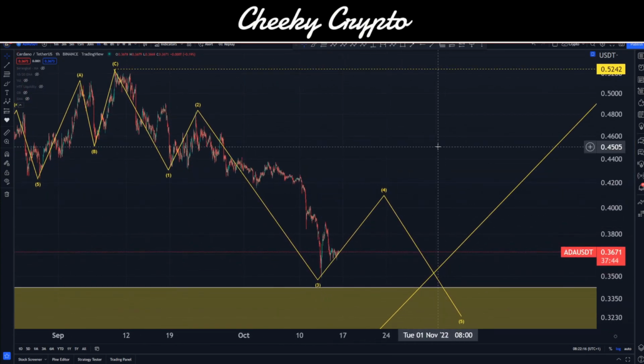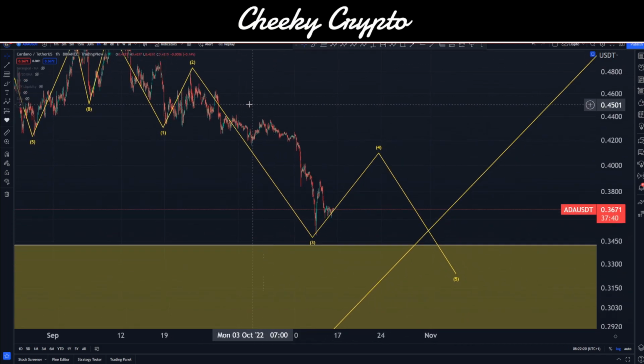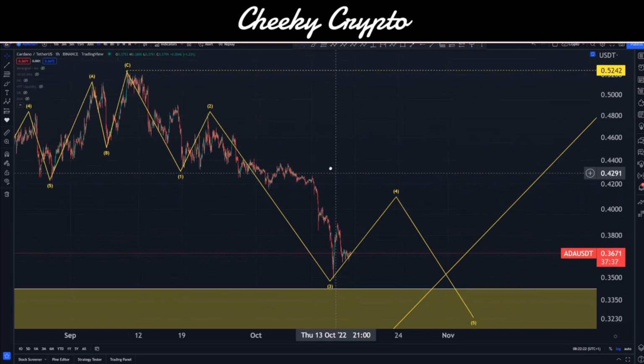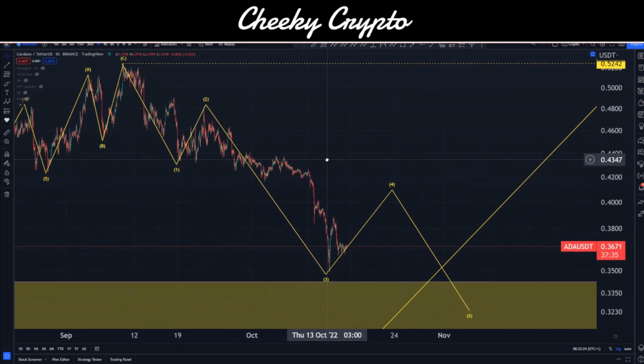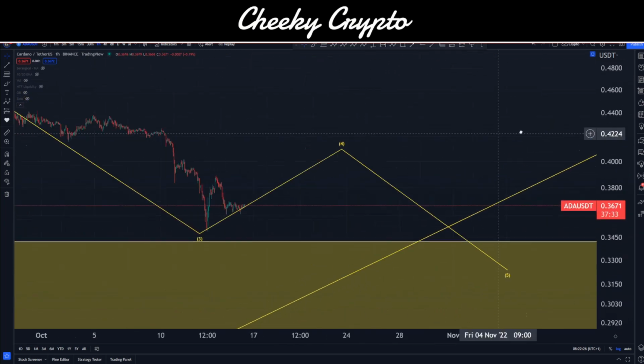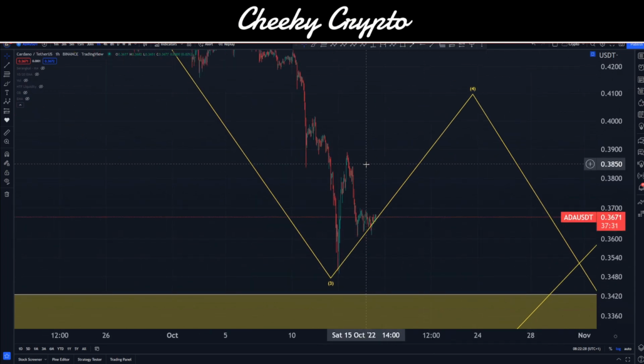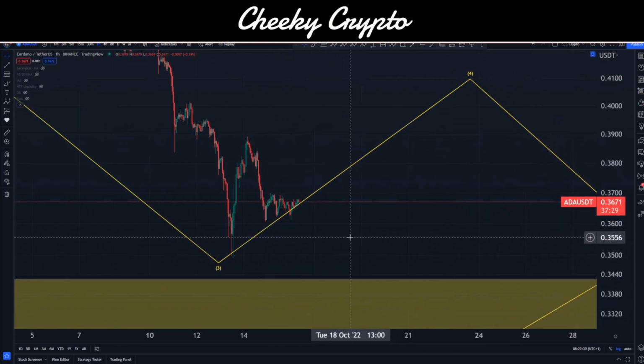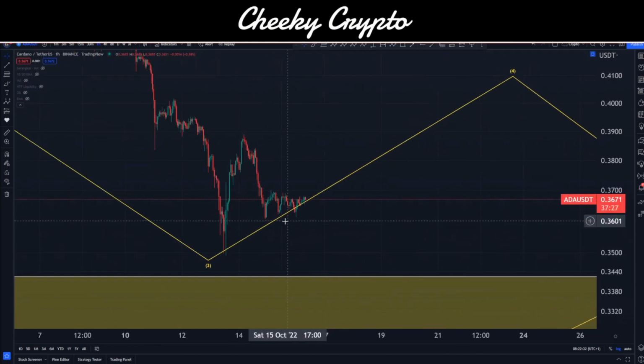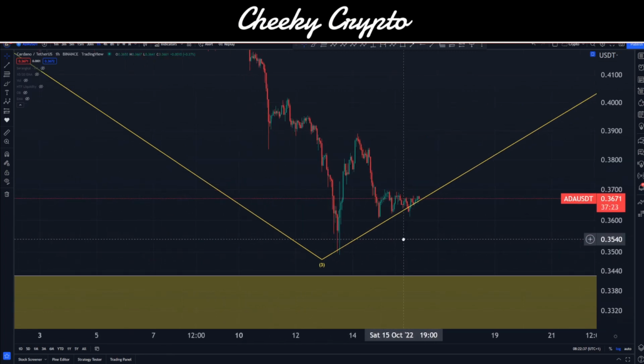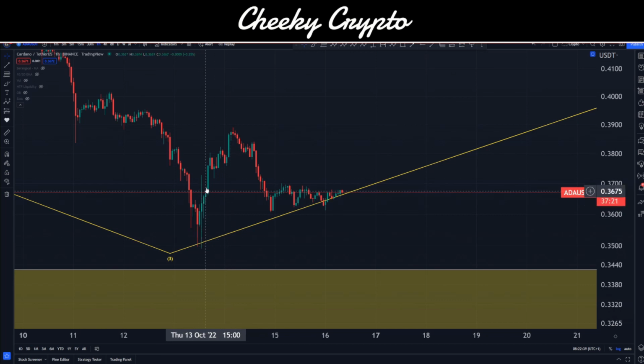The fact that we haven't hit the 1.618 on the internal count here means that we probably haven't finished our wave 3, but I'll leave it like this because this is what's available to us at this point in time. Let's zoom in on this little wave, potential little tiny wave 4 here that hasn't completed. We will be looking for some kind of move to the upside, but I don't think necessarily we're finished with this area here yet.